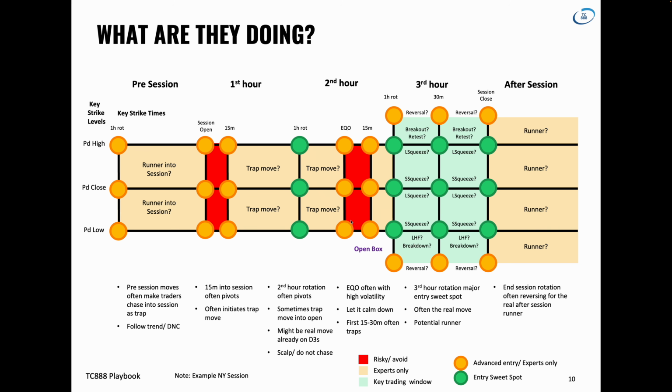Then you get your open box, you get your trap move, and then the 3rd hour gives the continuation. So why hold through this pullback here? It's better to scalp that into equity open and then re-enter in 3rd hour and take the next leg as a continuation. Then discussed already the open box between equity open and the 1-hour rotation,